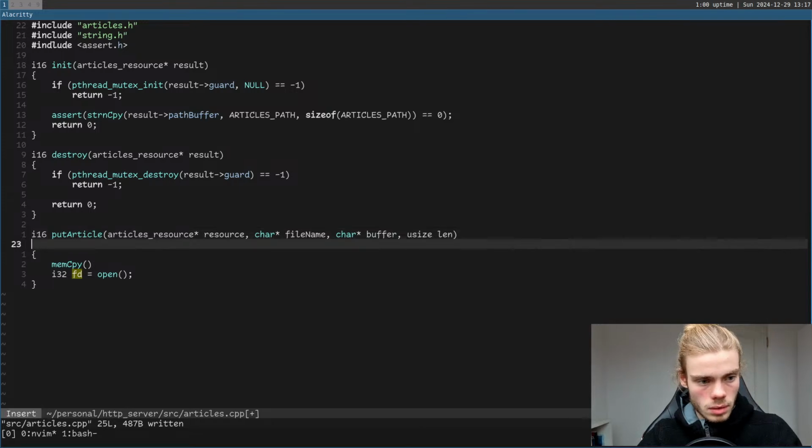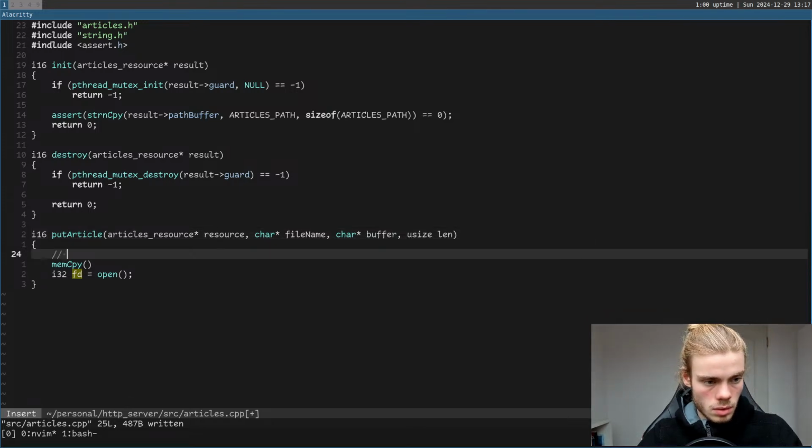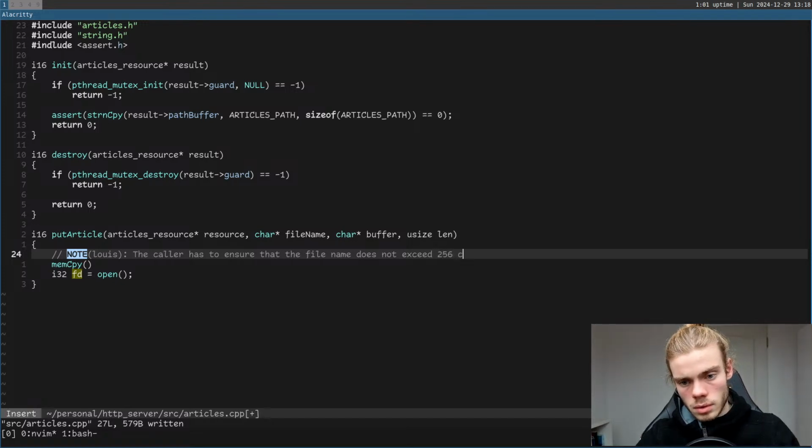And this is, note, the caller has to ensure that the file name does not exceed 256 characters,